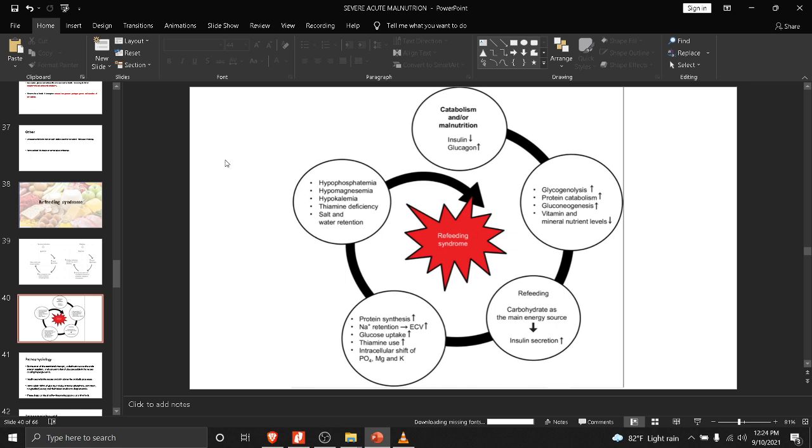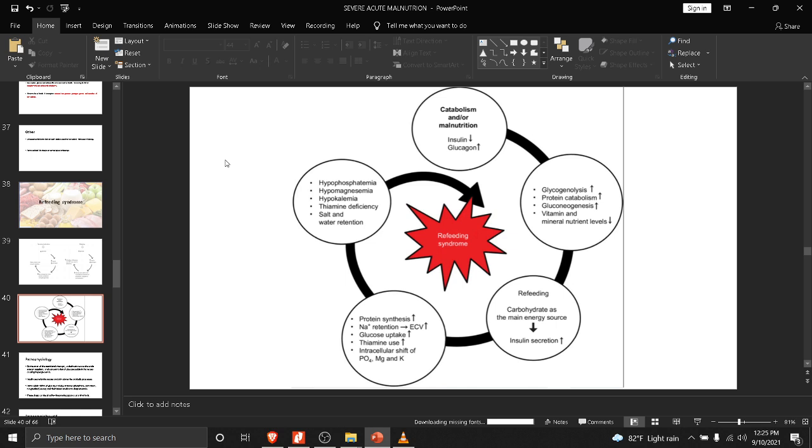But when we introduce refeeding, usually this refeeding contains more carbohydrates. So the carbohydrate stimulates insulin production, and the insulin secretion suddenly increases. This insulin acts on cells, which causes protein synthesis and glycogen synthesis to increase. Also it acts on the cell membrane and causes the intracellular shift of phosphate, magnesium and potassium. This occurs very suddenly. Also they use kinase for carbohydrate metabolism, ultimately leading to hypophosphatemia, hypomagnesemia and hypokalemia because